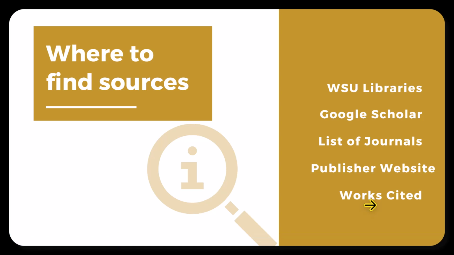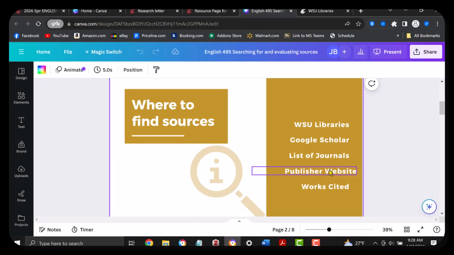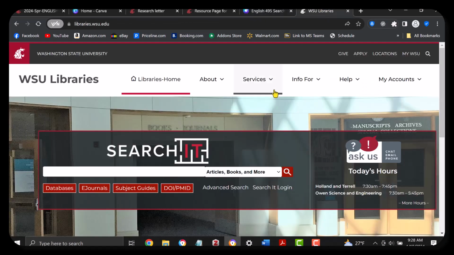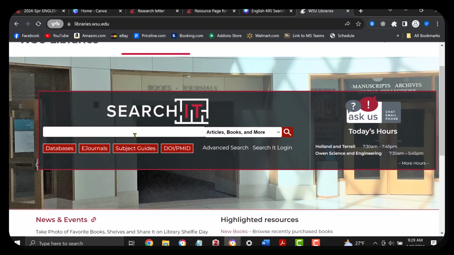Okay, so let's take a look at these really, really quickly and how I might go about searching. So here is the WSU Library's homepage. If you want to search, the easiest thing to do obviously is to go in the search bar, and you can search for articles, books, and more. And there are a lot of materials that are available online. We have online access, but this can be a pretty broad